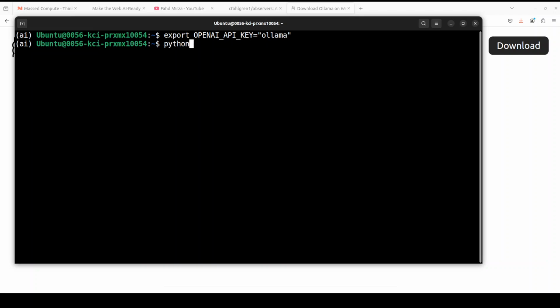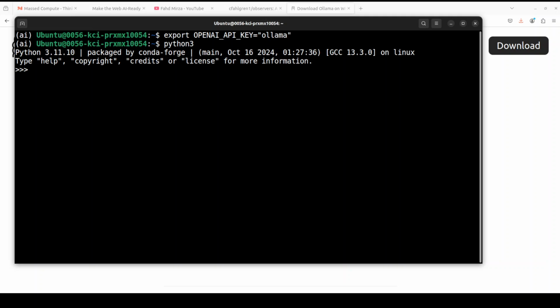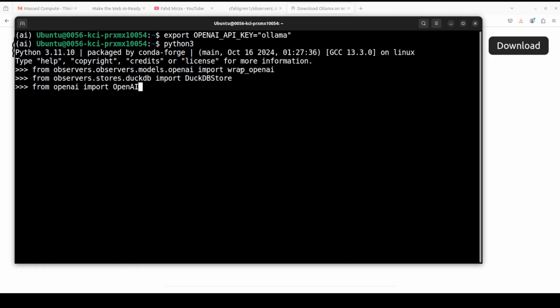Anyway, let's see with our Python interpreter how to use it with Ollama. First up, again, I'm just going to import some of the stuff, and interestingly enough, we have to import these OpenAI modules because it is OpenAI compatible, but don't worry, we are not using OpenAI. We have to store all of this observability data into some data store. So I'm just using this in-memory store, which is the DuckDB store,